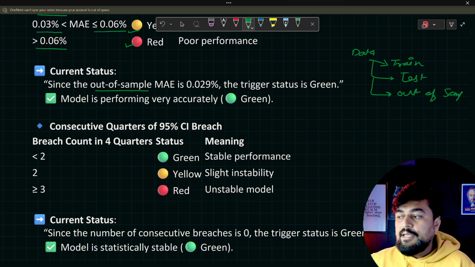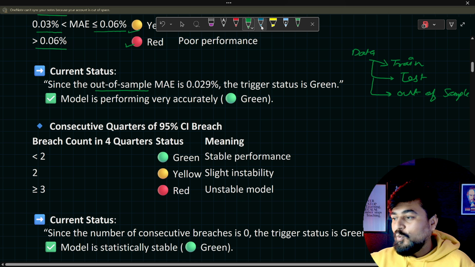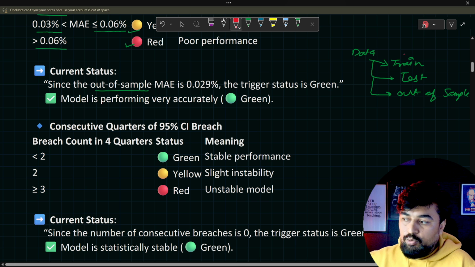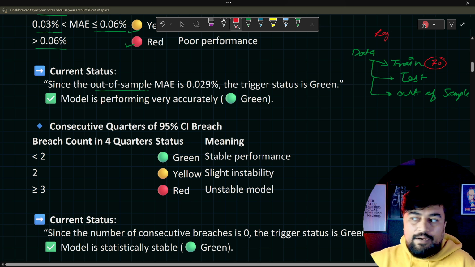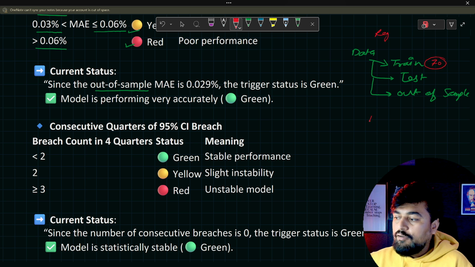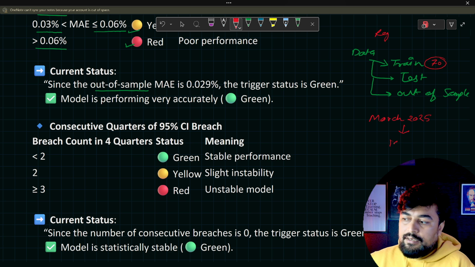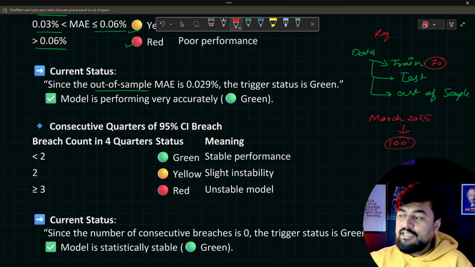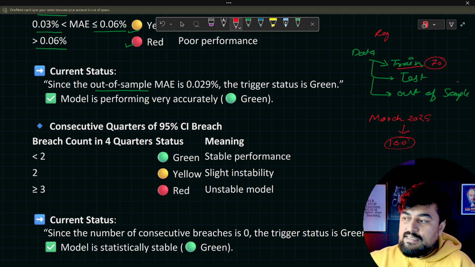Now what are these three? I have said in so many previous videos, but let me quickly give you a background. When I'm creating a model, let's say on regression, 70% out of 100% is usually my training data. Let's say I took the data of March 2025. In this data, I had 100 observations. So of the 100 observations, I divided 70 into the training phase, then the rest 30 into the testing phase. Now you will obviously think, what is out of sample? So out of sample will be April data.